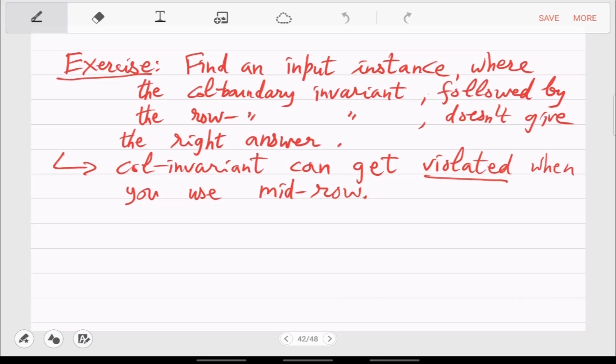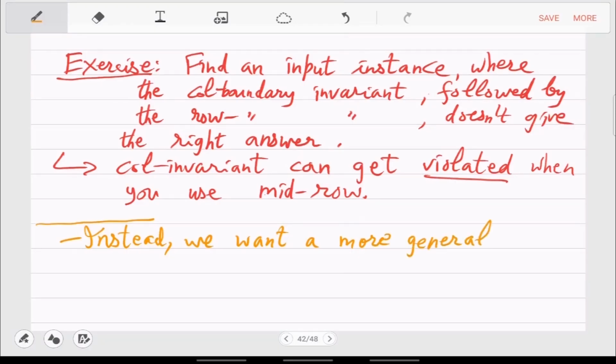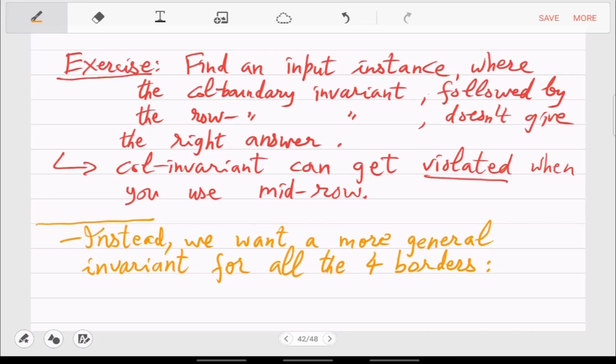So in other words, we now want an invariant, instead we want a more general invariant for all the borders. So all the borders means basically the box.